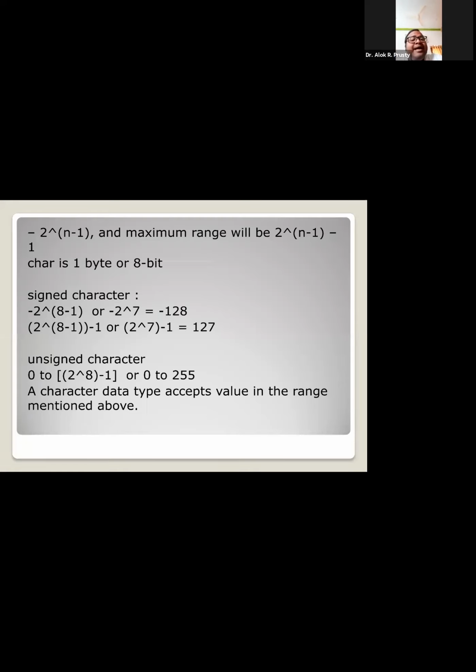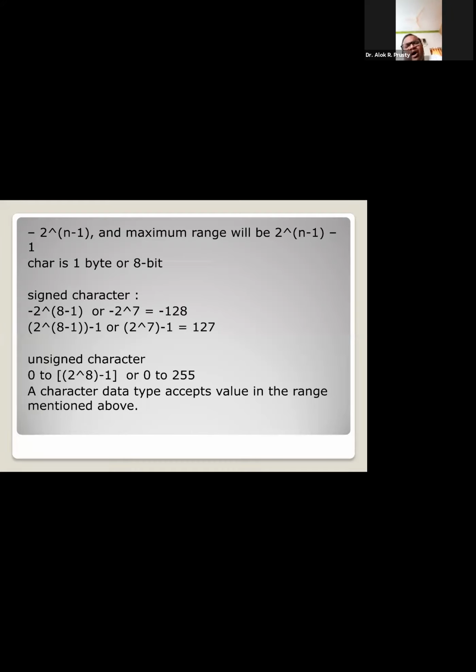That is 2 to the power 8 means 256, minus 1. So all the values that fall in the range of 0 to 255, all 256 values, can be stored in a variable declared as unsigned character.